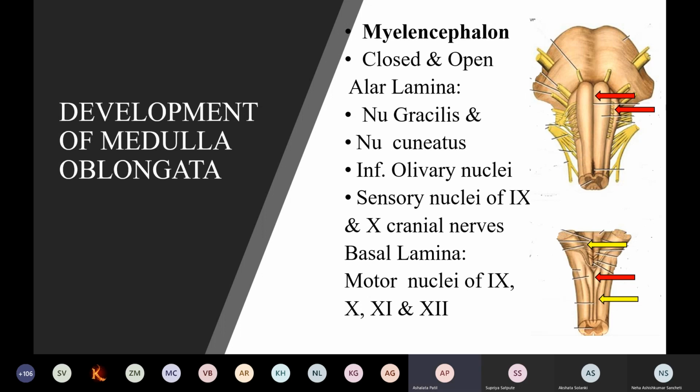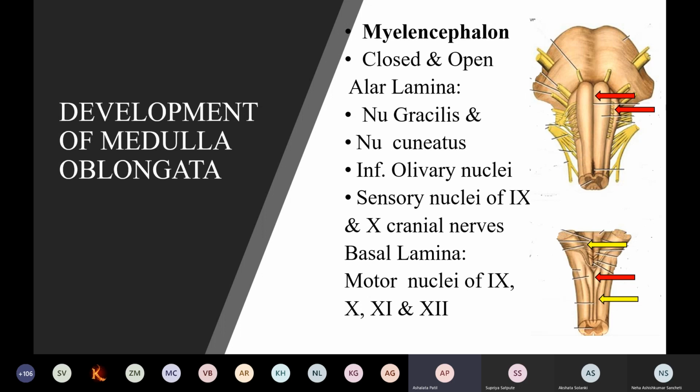But the nerves arising from the brain are called cranial nerves. There are 12 pairs of cranial nerves, but not all are mixed. Some are purely motor, some are purely sensory, some are mixed. These 12 cranial nerves arise from different parts of the brain. From the medulla, which cranial nerves arise? That is the 9th, 10th, 11th, and 12th.